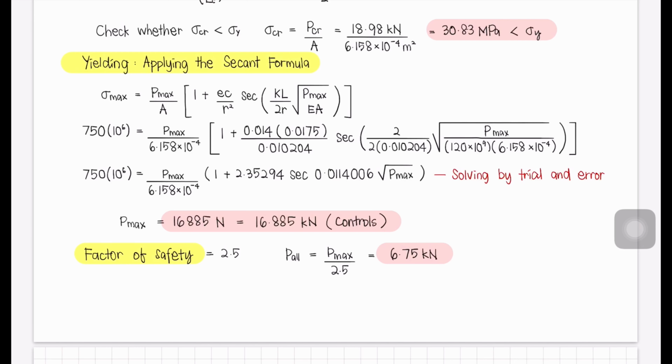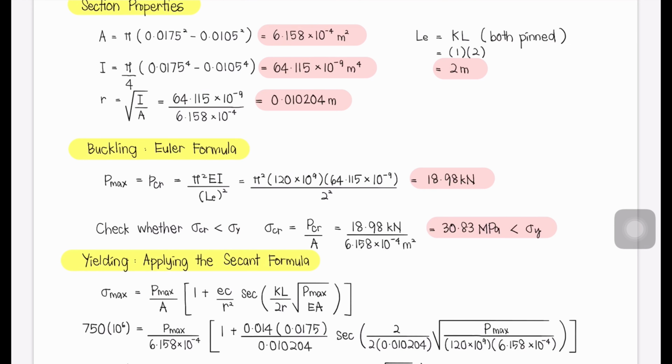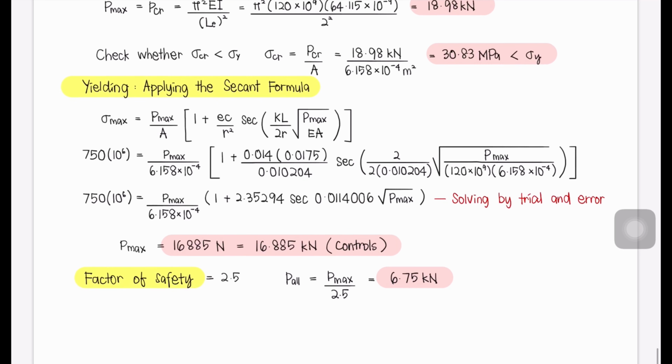So you have to check from both methods. You have to choose the lower one, which is buckling 18, Pmax 16. So you have to take Pmax for yielding as your condition before you calculate what is the P allowable for this question. So you just substitute Pmax here, 16.885 kilonewton, divided by factor of safety. You can get the critical, the allowable force for this question, which is